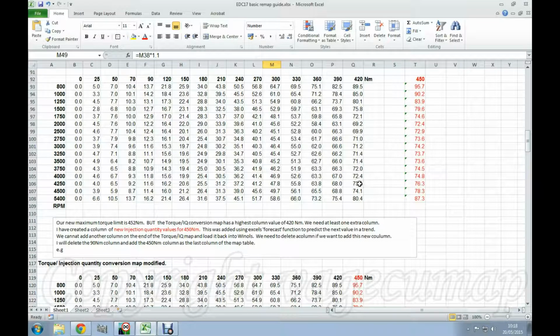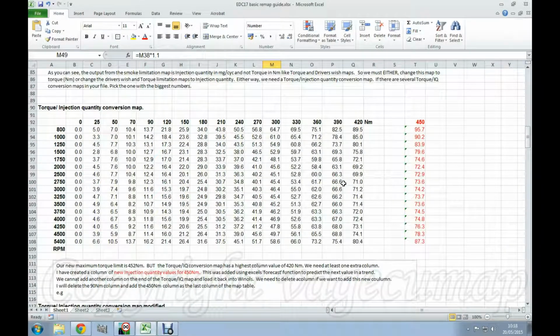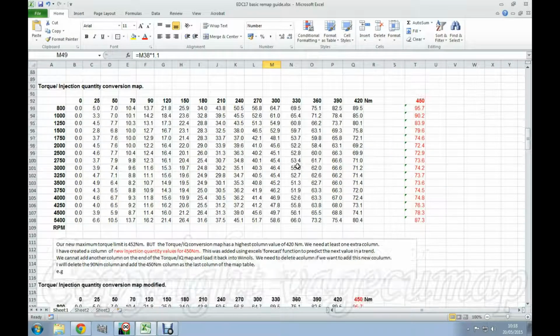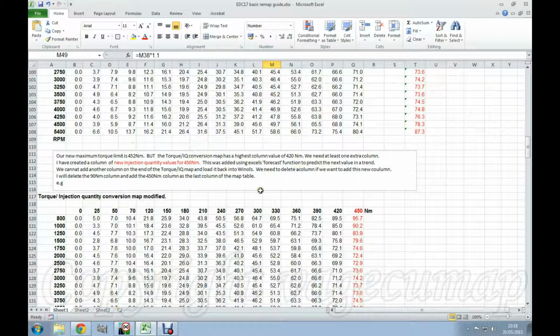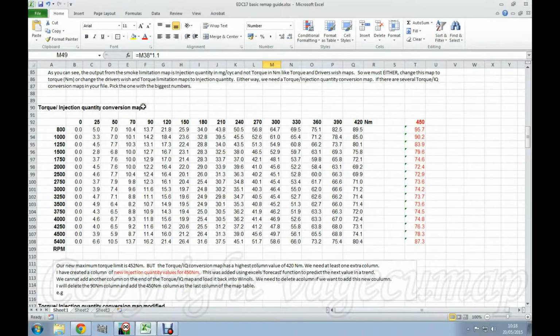And obviously, as I just said, ideally I need to build a completely new map, and the easiest way of building a completely new map is to take a value that I don't want, so I take out a column that I don't want and put the new one in. And that's exactly what I've done. I've taken out the column that was here, so if we look, there's 90, it's gone.